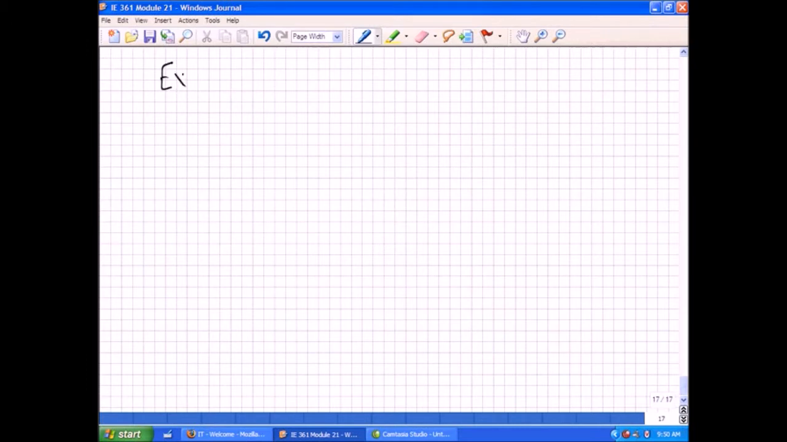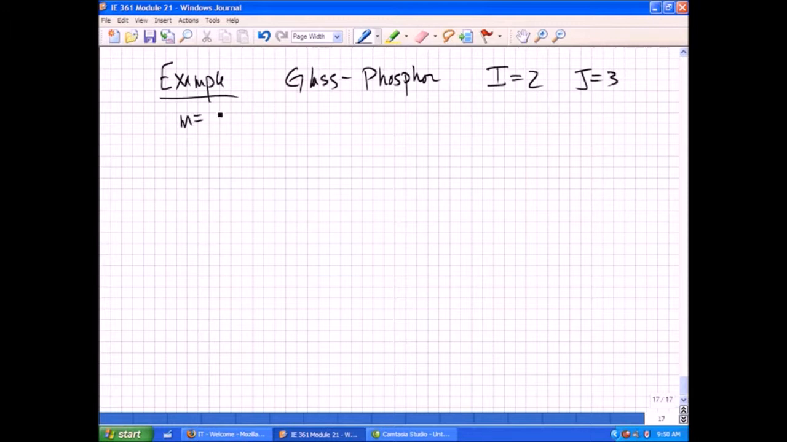For example, if we want to talk about the glass phosphor example, in the glass phosphor example, there are 2 rows, 3 columns, and this is a balanced data example. It's one where all sample sizes are 3. Okay, so attached,